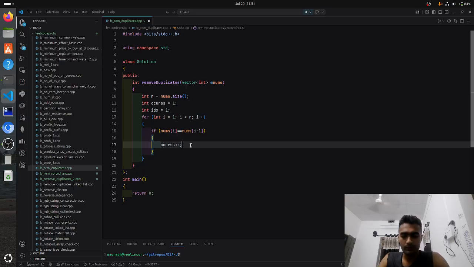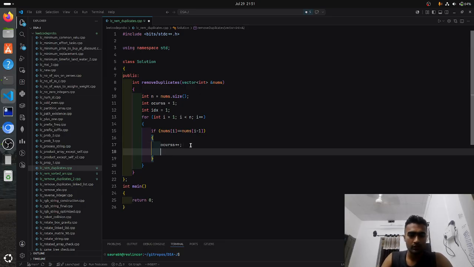Occurrences should be plus plus, and there should be one more thing, which is on increasing the occurrences, let's say we are on the second element, initial was 0, we are on the second element of 0, if it is equal to 0, in that scenario occurrences was increased, it's 2 right now. Let's say we are on the third element, now the occurrences is 3. Now what I want to do, since the occurrences is 3,